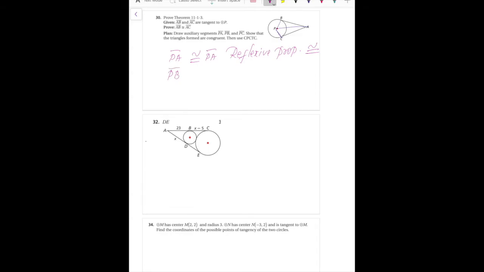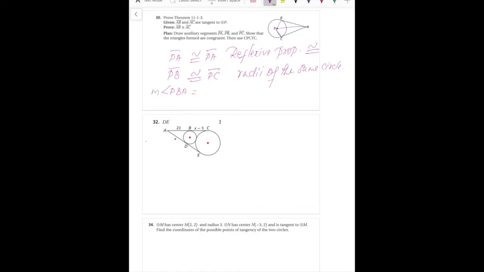And we know segment PB is congruent to segment PC because they are radii of the same circle. So we got two sides. Oh, then I know angle PBA